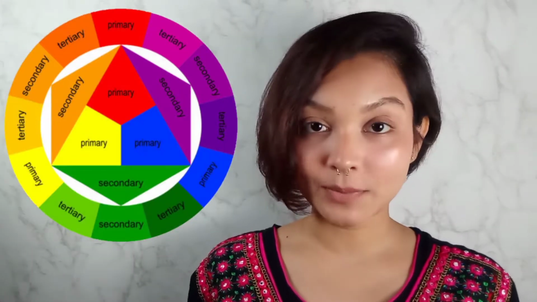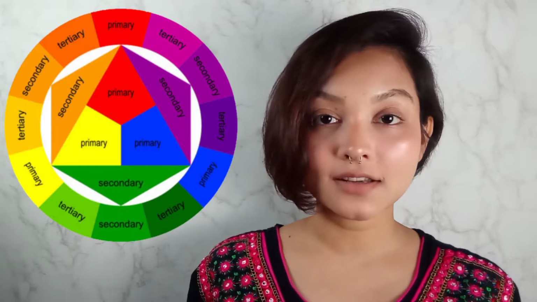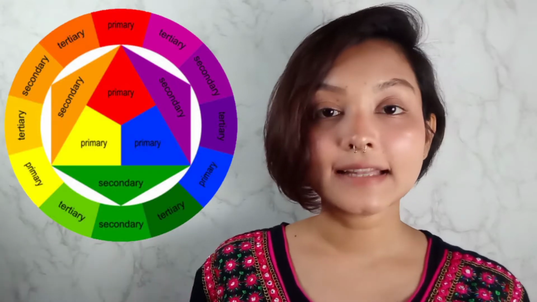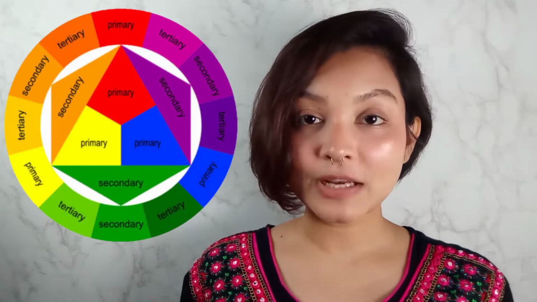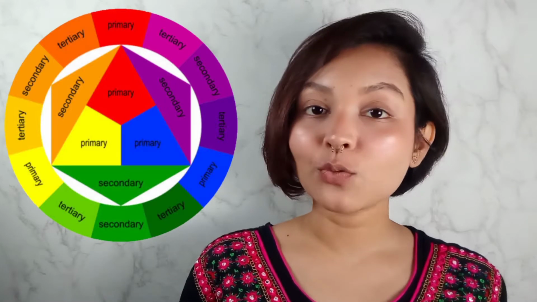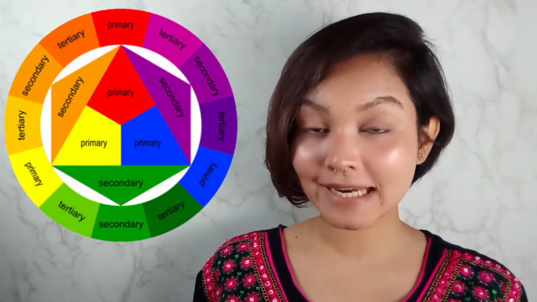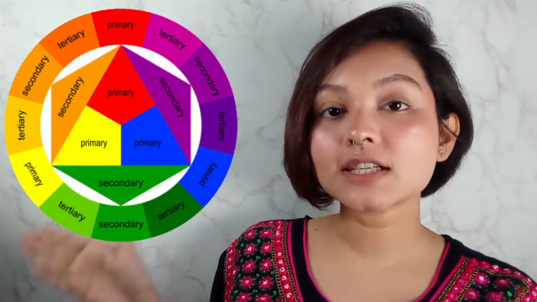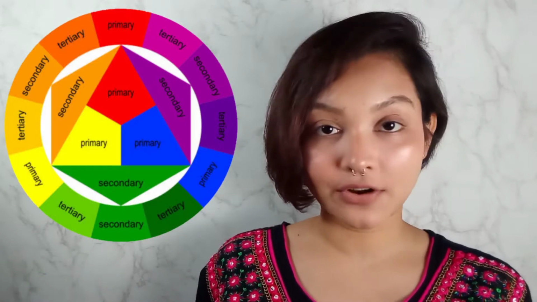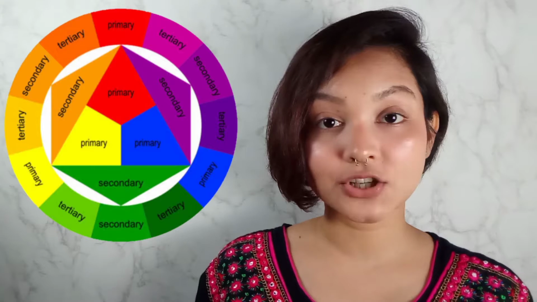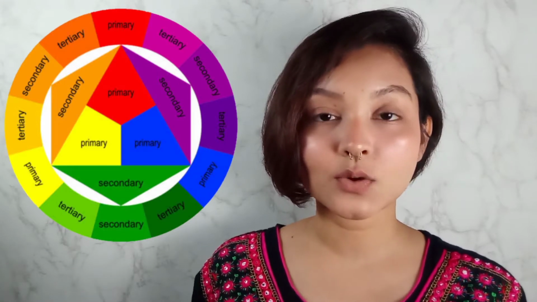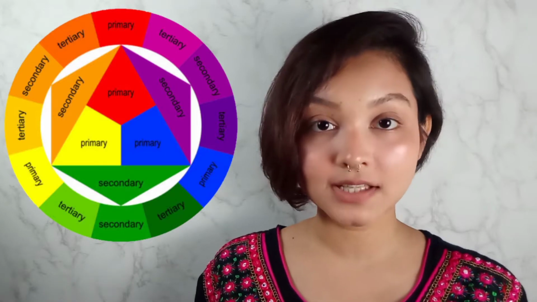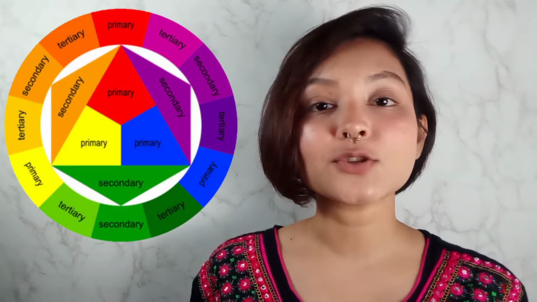Let's start with complementary colors. When two opposite colors mix in a color wheel, they create a shade of brown. The complementary color of red will be green. The complementary color of orange will be more of a purplish blue shade. So when these opposite colors mix, you can take any color for reference. They are always going to create a shade of brown. Now it is not going to be the same for all the colors. It is going to be a different shade of brown every single time, but it is going to look muddy.